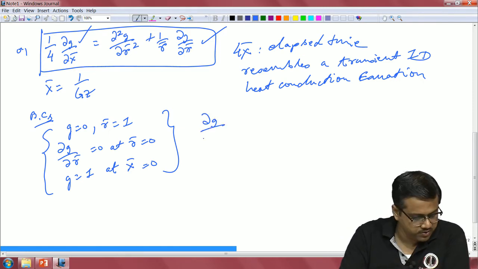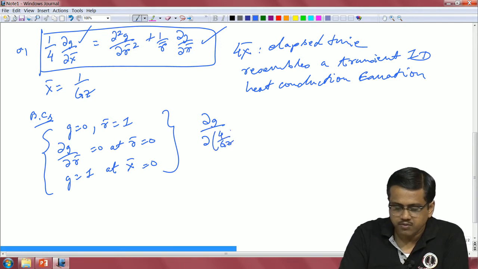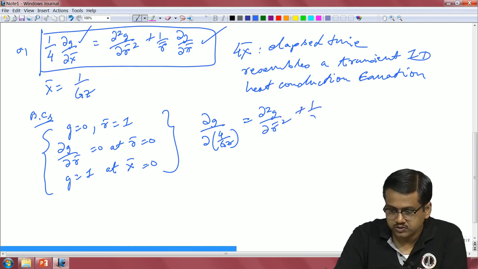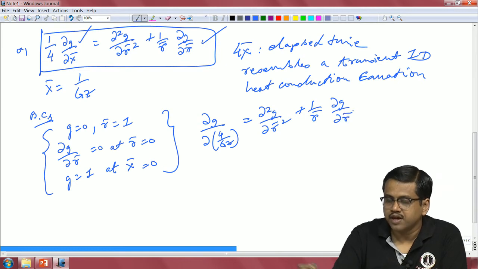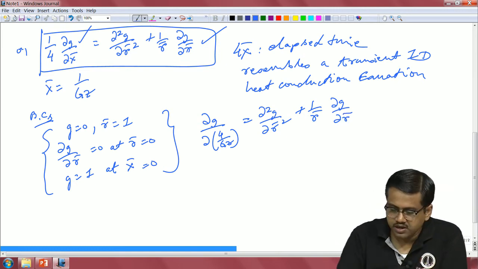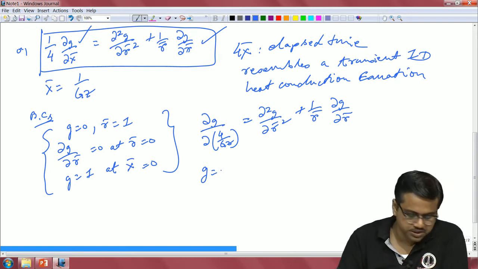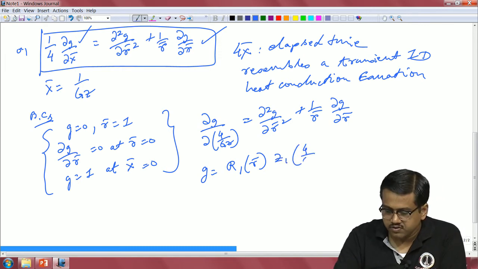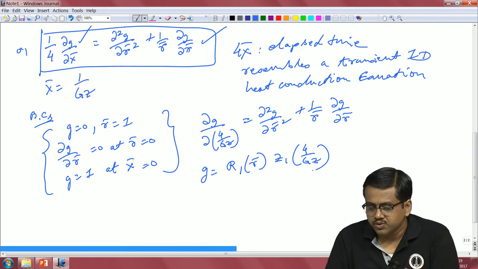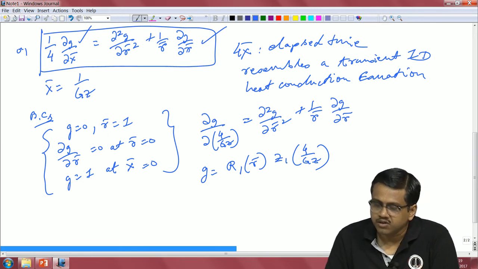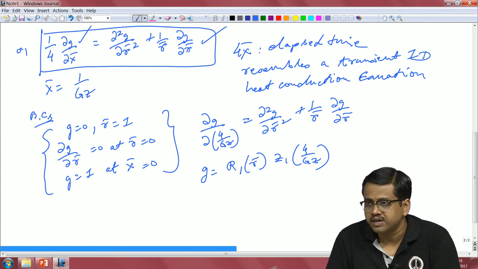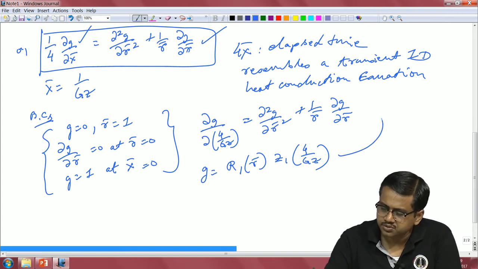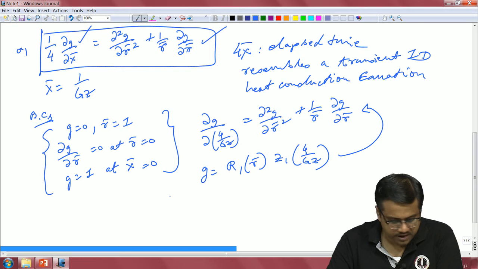So, let us write it in a more compact way, and put the Graetz number. This is the most compact way of writing the same equation. Once again, you use the separation of variables. So, your g will be basically R1 of r bar, Z1 of 4 x bar. So, one is a transient part and one is the spatial part correspondingly. Well, in this case both are spatial, but one is like time. So, once you substitute it back into this particular equation, what you have is basically